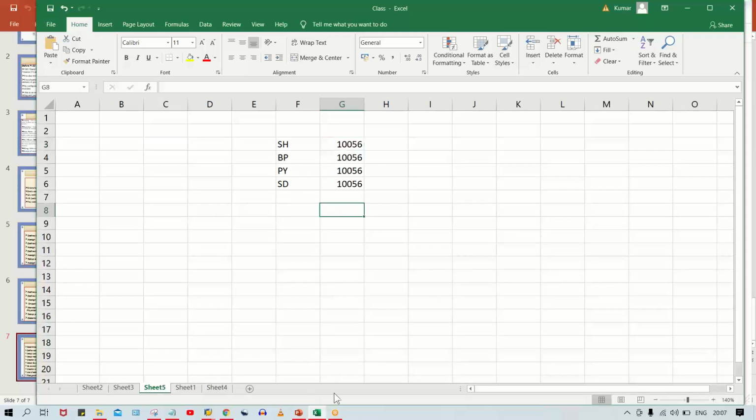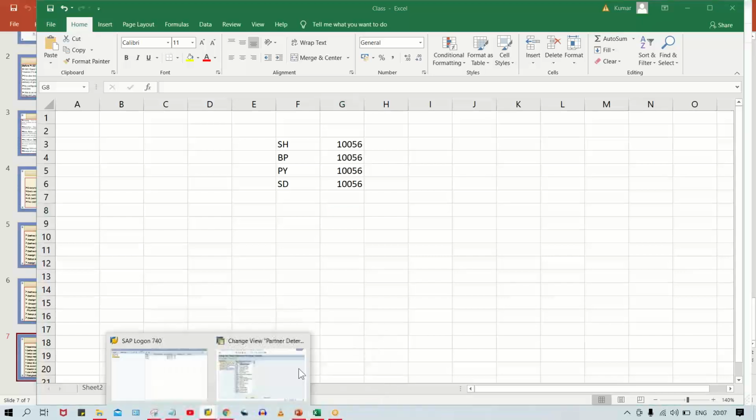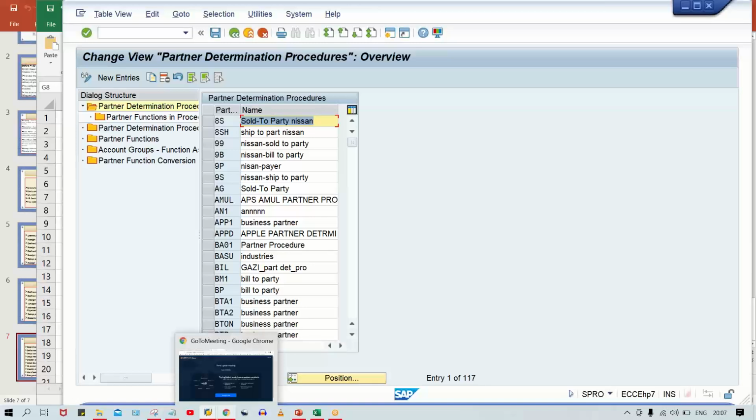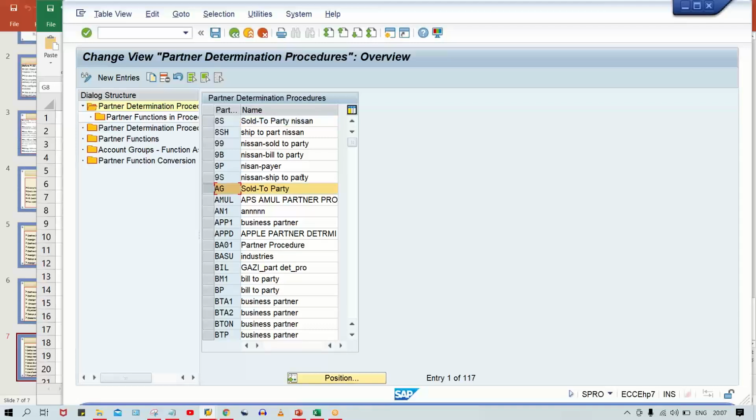Okay. So partner determination, this is also a mandatory setting. That is what we are going to do here. Now, how to define? We are going to use the standard one. We are going to select AG itself. Select this AG,